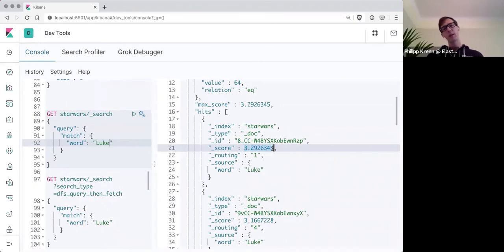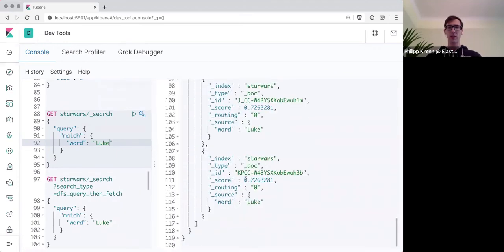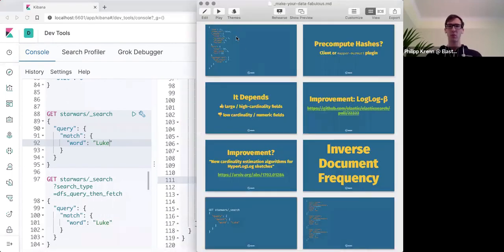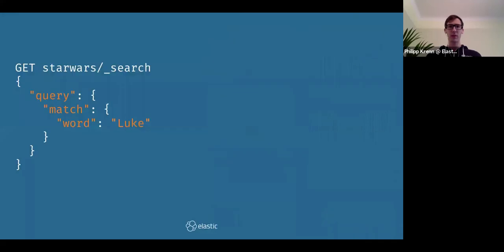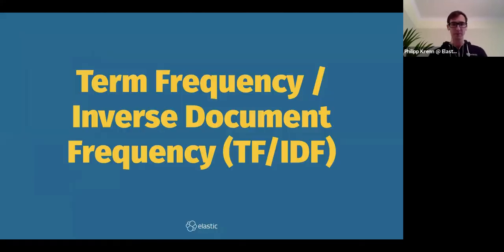And we would assume that all the Luke documents have the same relevancy because they all contain one single attribute, Luke, and they're all exactly the same. But as I scroll through the list of Lukes here, you can suddenly see this Luke has only a relevancy of 0.7. This looks very broken. Why is one Luke more relevant than another Luke? So let's take a look at what is going on here.